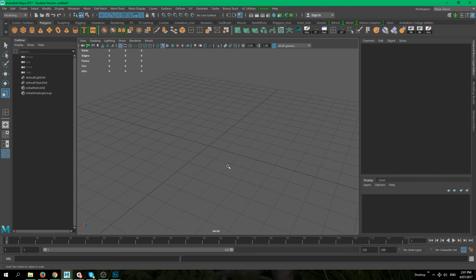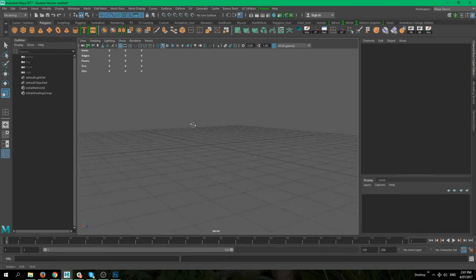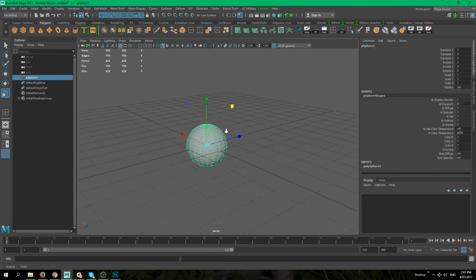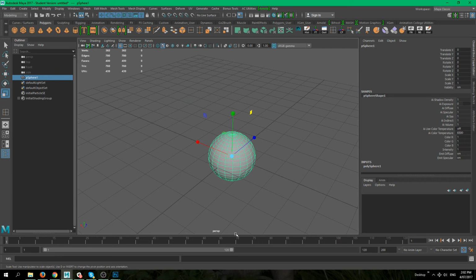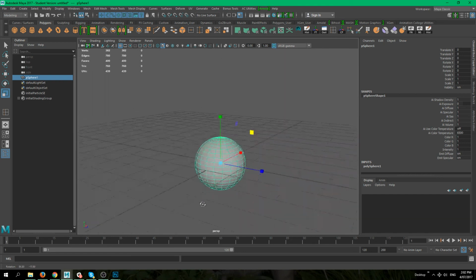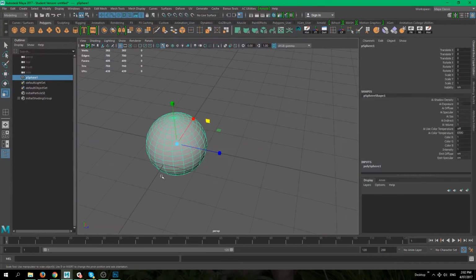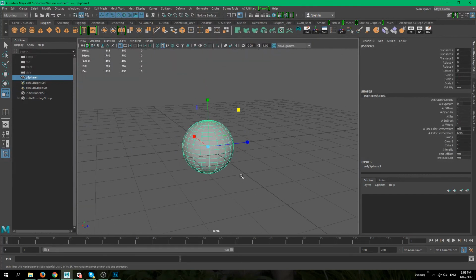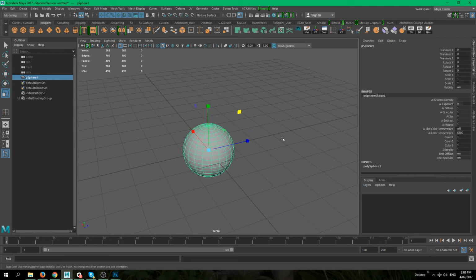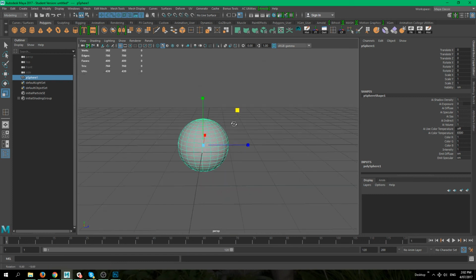Okay, so now let's first of all talk about the different views. So as you noticed, and as I've mentioned before, we are sitting in the perspective view at the moment. So meaning that we can move around freely, we can look from different angles, different directions. But what happens if we want to be really specific? You probably know that modelers use something that is called model sheets. So they have a front view of an object, they have a side view of an object, and they want to be really specific about how they model things. So to be able to use special views in Maya,